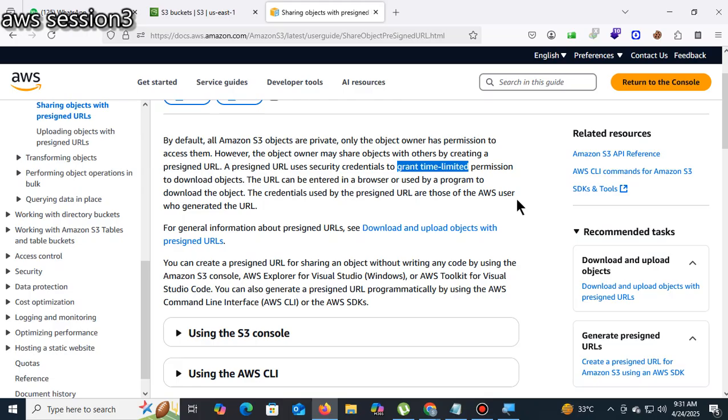Then after 4 hours, automatically you need to subscribe to move from the trial to the full subscription version. Until then you can access that object. Then the object becomes private. Some video or some movie will be there.